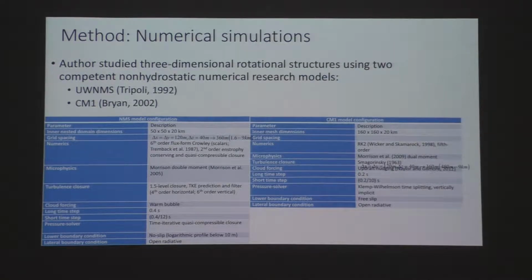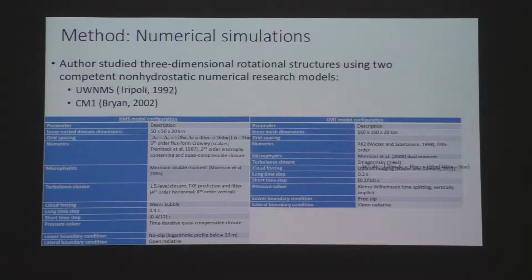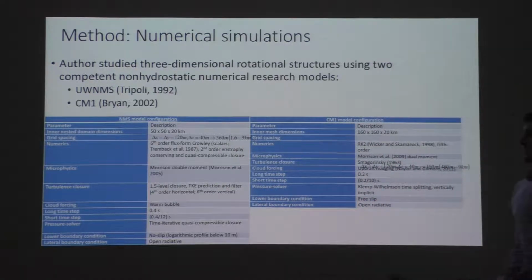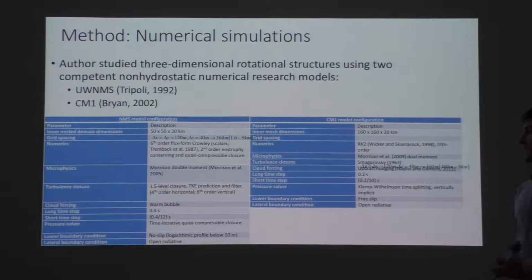So the numerical simulations presented here were run with two non-hydrostatic mesoscale models. One again is the UW-AOS, and the other is the CM1. The information is up here. I'm not going to go into specifics other than that the horizontal grid resolution for both was 120 meters, and the vertical grid resolution was 40 meters over the lowest 1.5 kilometers, and then stretched in the vertical to approximately 360 meters. There are differences between the two models, and although it's kind of outside of the scope of this study to really address that, we're using the two models to test the veracity of some of the theory that we're developing